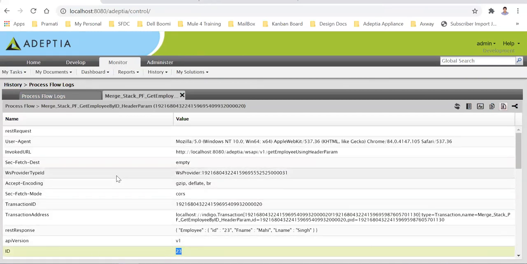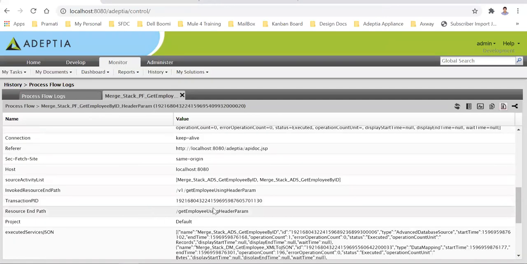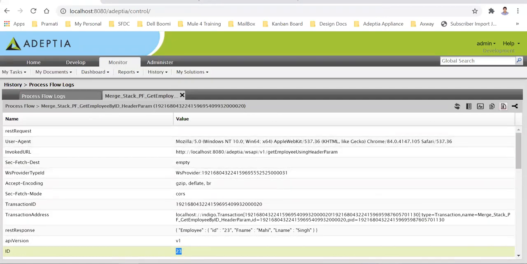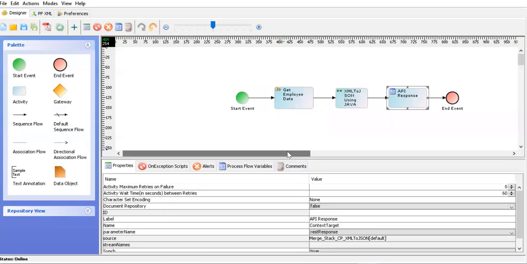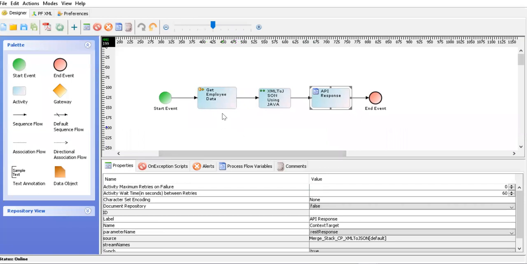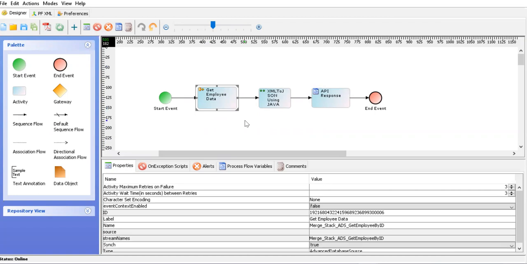This value will be used in the database source, and then the database source will return data from the database. Let's see the same use case with the query parameter now. That query parameter will be converted into a context variable, and that will get used in the database source.